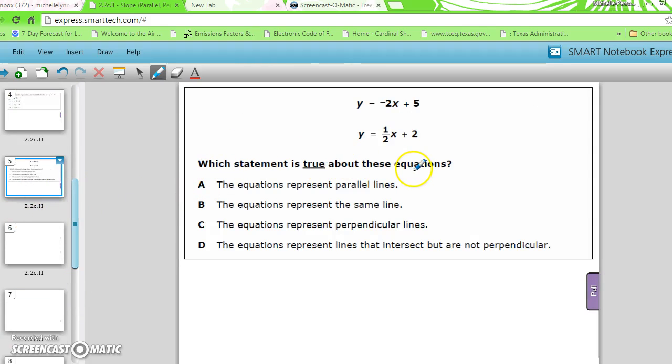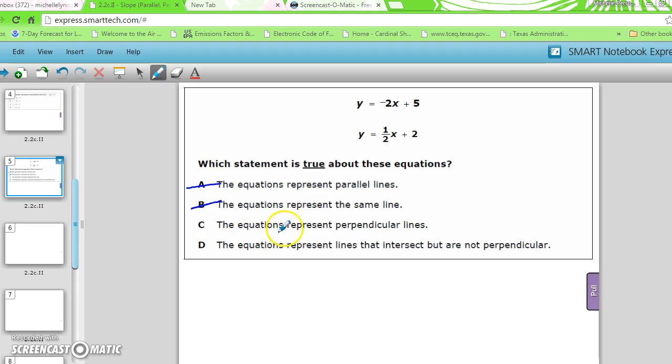Which statement is true about these equations? The equations are parallel, the equations are the same line, they're perpendicular, or they intersect, but they're not perpendicular. So if they're parallel, they'd have the same exact slope. Okay, they don't have the same exact slope. The equations represent the same line. Well, if they were the same line, they'd have to have the same slope and same y-intercept, so that can't